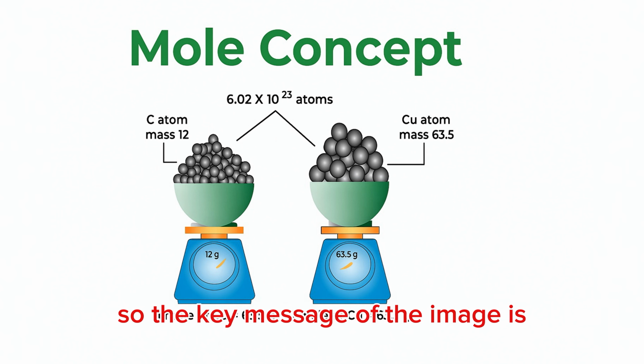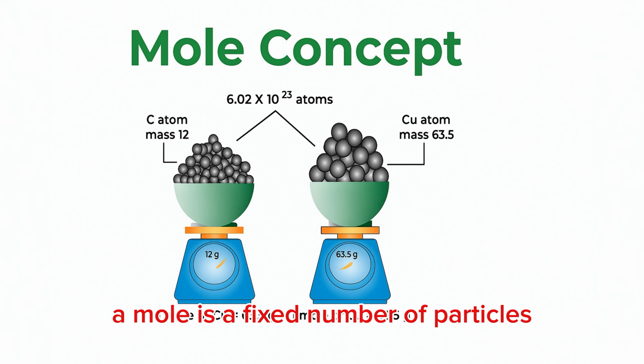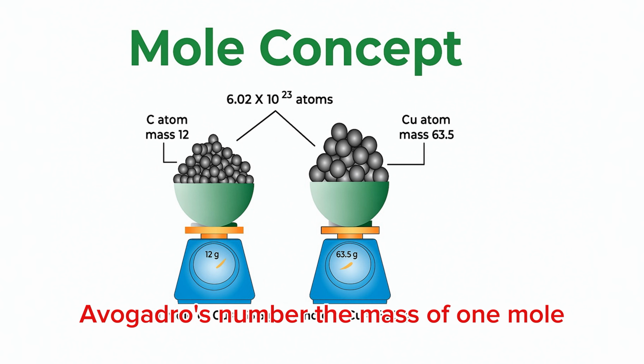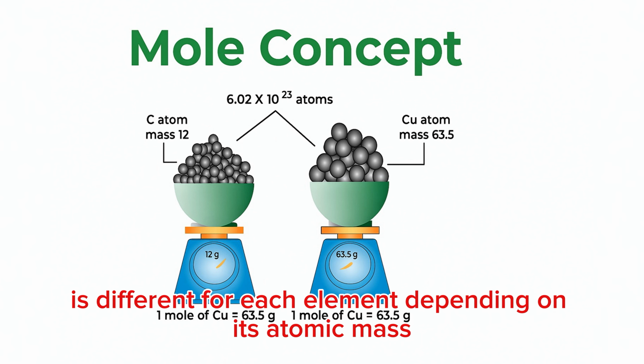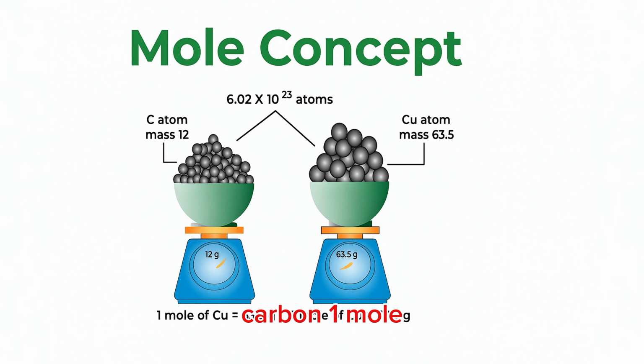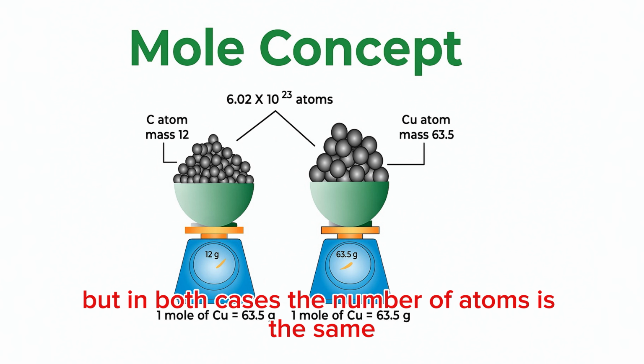So, the key message of the image is, a mole is a fixed number of particles, Avogadro's number. The mass of 1 mole is different for each element, depending on its atomic mass. Carbon, 1 mole, 12 grams, copper, 1 mole, 63.5 grams. But in both cases, the number of atoms is the same,